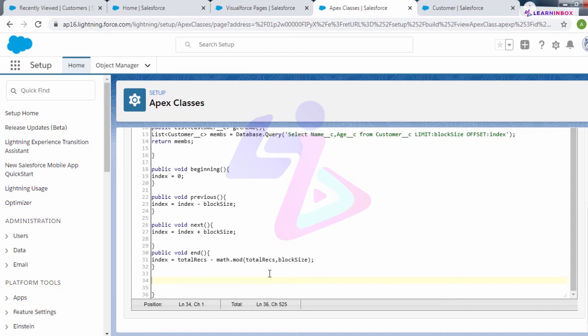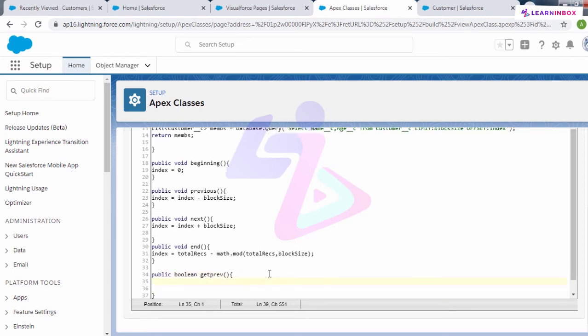Okay, so let me define a method, public Boolean get previous. Okay, so prev is my method. Let me define the logic for that now.